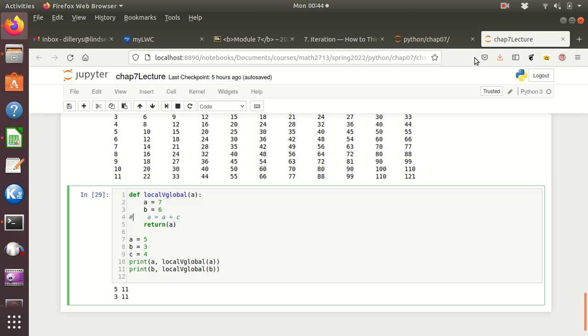So I just wrote up something very, very simple here. I define local versus global here of a. And then I said a equals 7, and I said b equals 6, and I just return a, just to see what's going on. Since this is an a inside this definition here, that is a local variable for sure. Then here, since I assigned something to b,